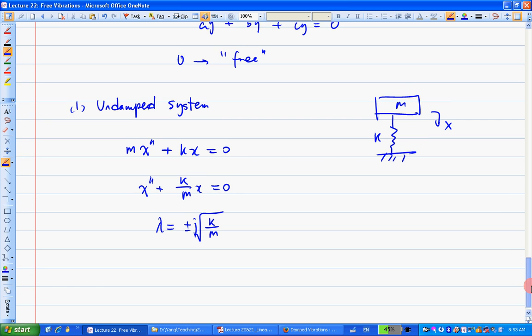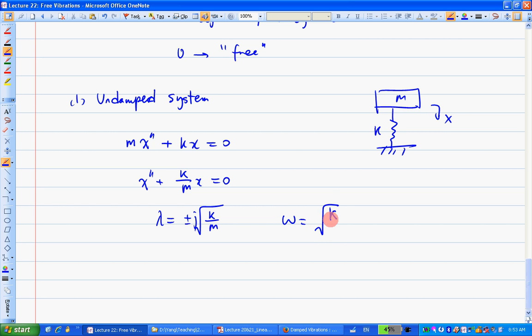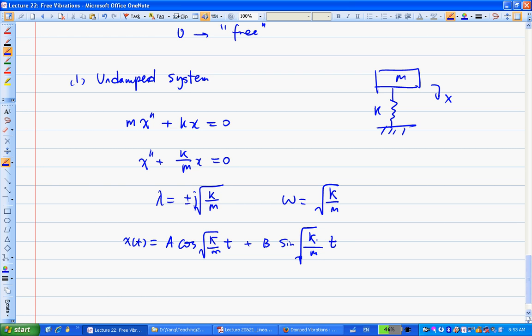So this omega is actually the frequency we're looking for, because we know that the general solution for this undamped system is x of t equals a cosine of square root of k over m t plus b sine of square root of k over m t. Right. So if I replace this square root with omega, I basically get a cos omega t plus b